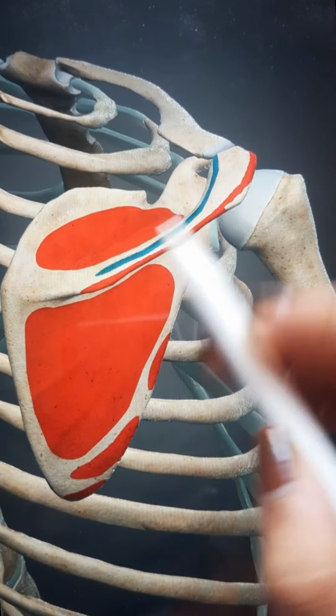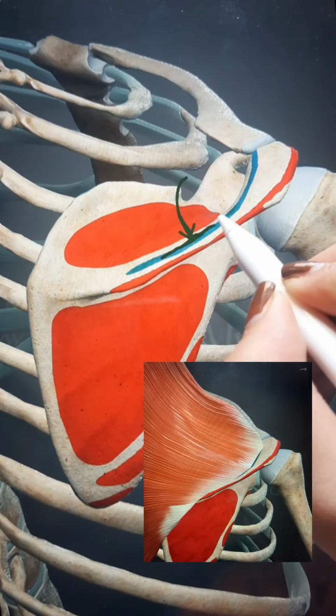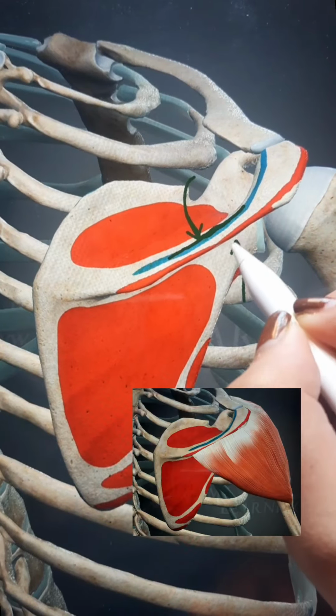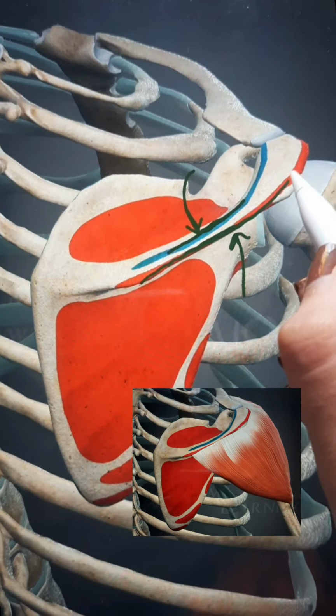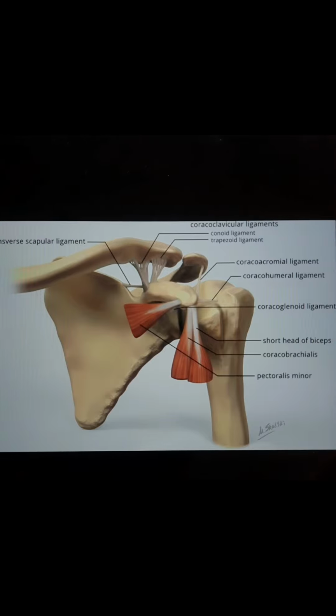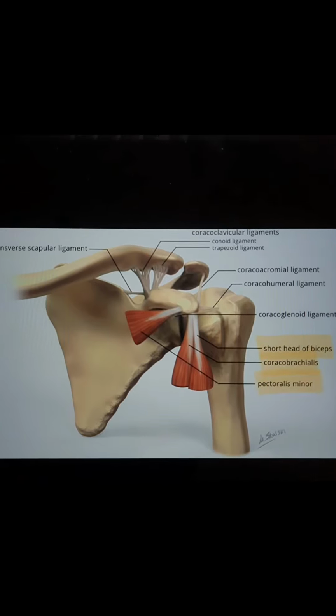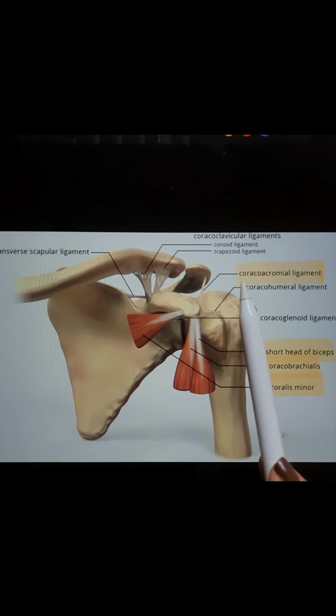So the attachment of the acromion process is also highly important. This denotes the attachment of the muscle trapezius, and this denotes the attachment of the muscle deltoid. Now let us come to the attachment of coracoid process. We have three ligaments and three muscles: short head of biceps, coracobrachialis and pectoralis minor muscle, along with coracoacromial, coracohumeral